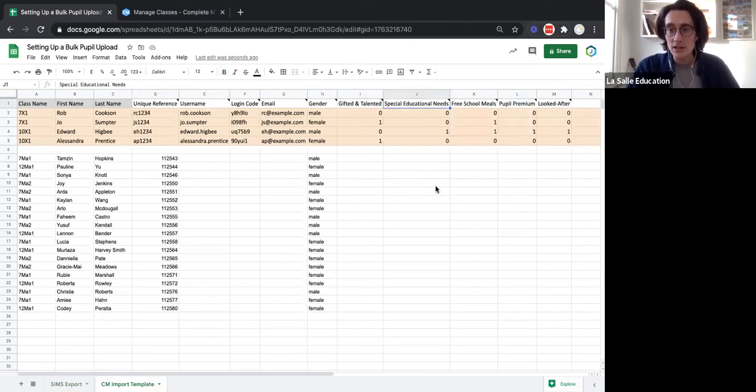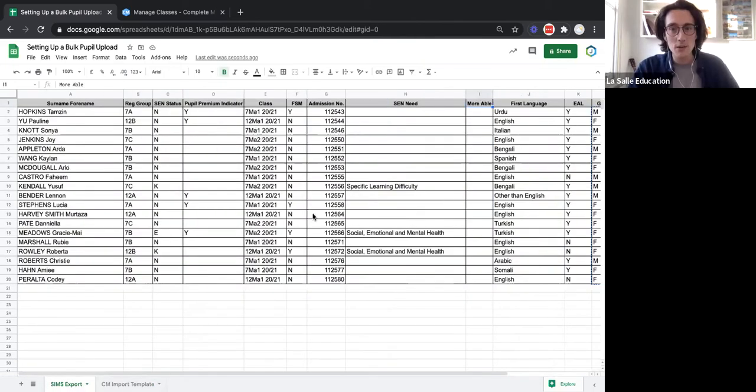Next up, special education needs, again, needs to be 0 or 1s, so SEN. Let's head back to the export, and there's a couple of things here that we might want to use. So we've got SEN status and SEN need. So matching it will be more similar to this SEN status, yes or no. So let's just copy this